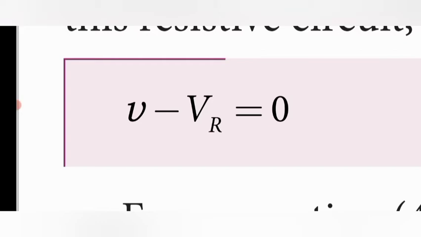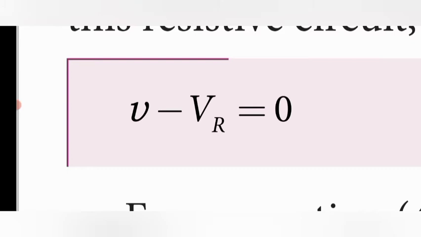So here v minus VR is present, as the algebraic sum of the values. How do we get minus VR? The resistor resists, that is, opposes the current value. That voltage acts against the real, instantaneous voltage, which is why we put the minus sign. So v minus VR equals 0.